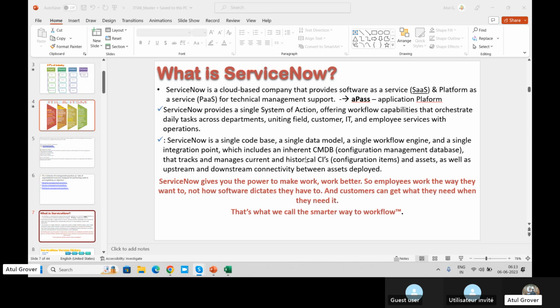Anything which is available in your house is a configuration item, starting from a fridge to a spoon, because everything is helping you provide the services to make your life better and better. Okay, so this is what ServiceNow says. I'm not going deep because this is not the agenda for us. The agenda is ITSM, but to give an overview of what ServiceNow means, it is there.